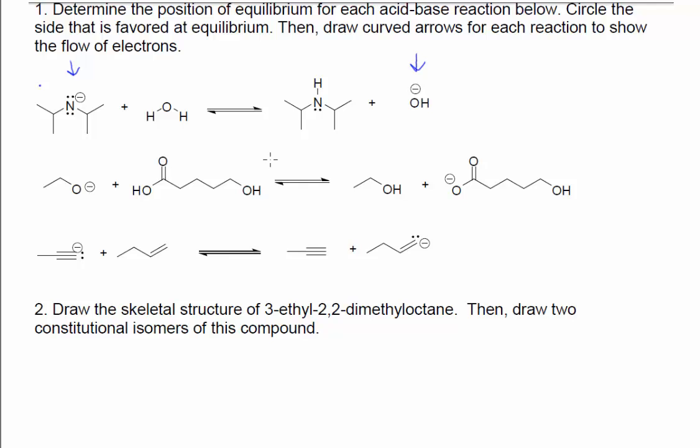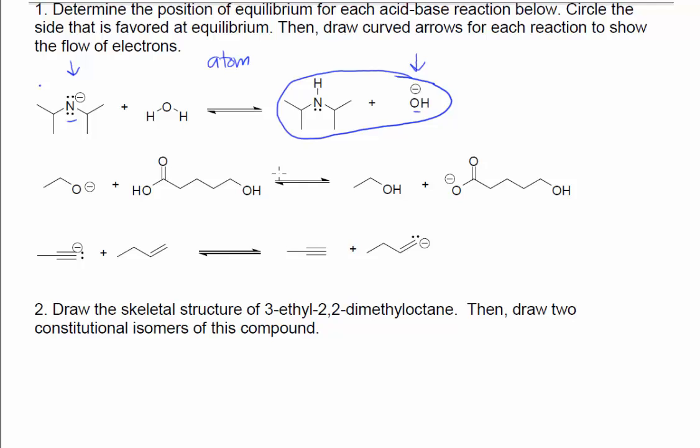Typically those have anions, and if they do have anions, we can use ARIO. Using ARIO in this case, we have atom as the first point of difference. There's an O versus an N. We know that the O provides for a more stable anion, and so that's going to be the side that's